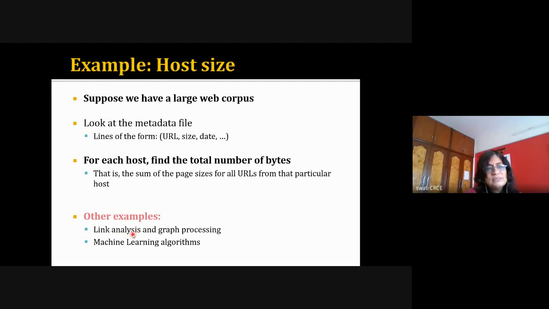Link analysis means pages which are visited, where the user has come from to this particular page, where they travel after this page, and how much time they have spent. So this is about hyperlinks or page ranking, graph processing, and machine learning. This type of word counting is extensively used.